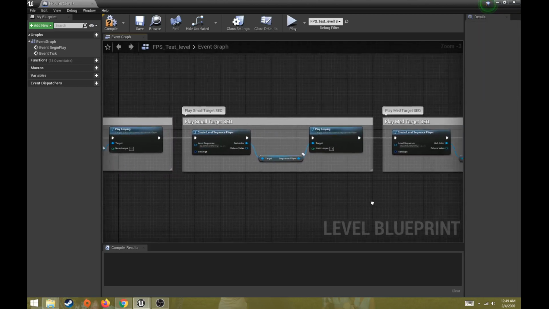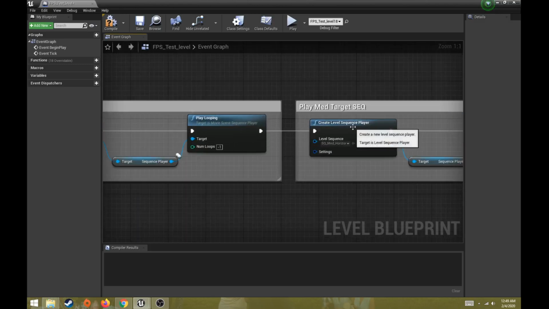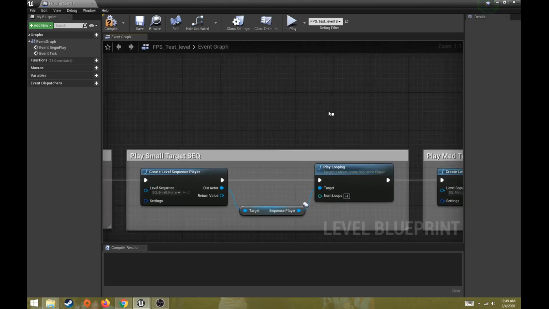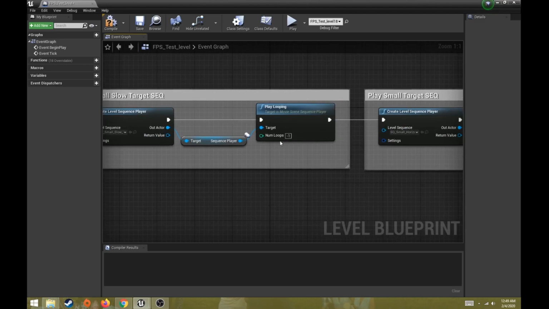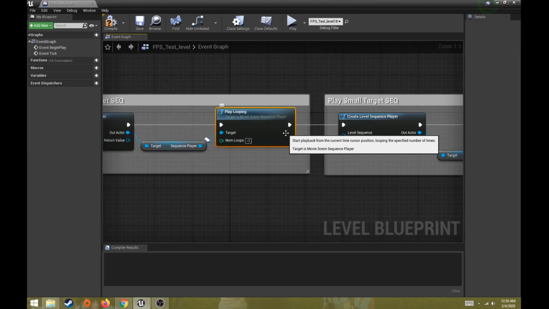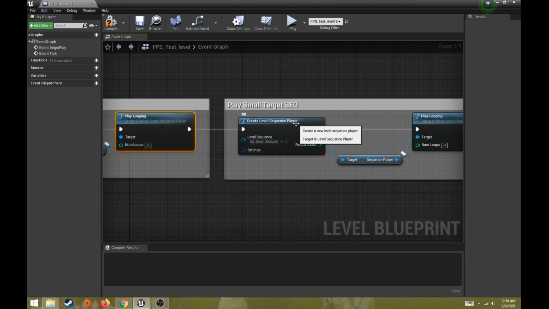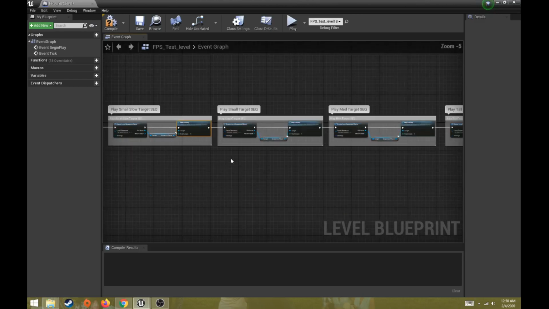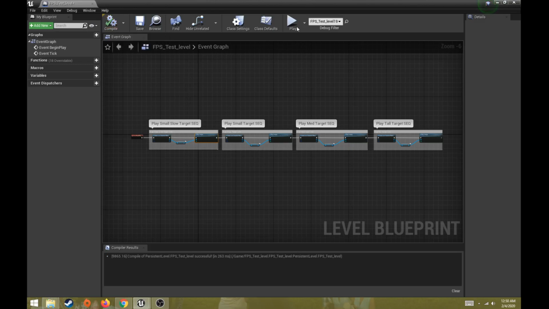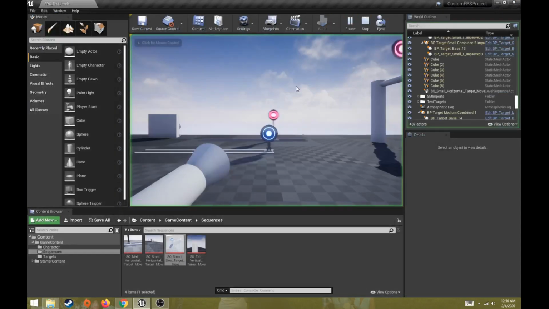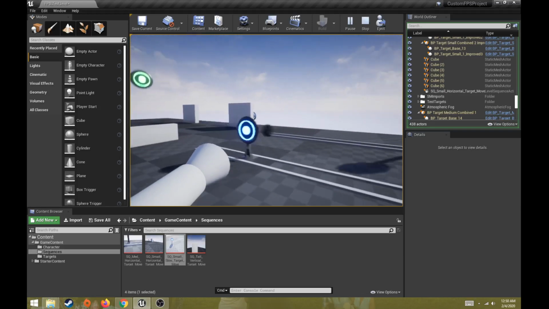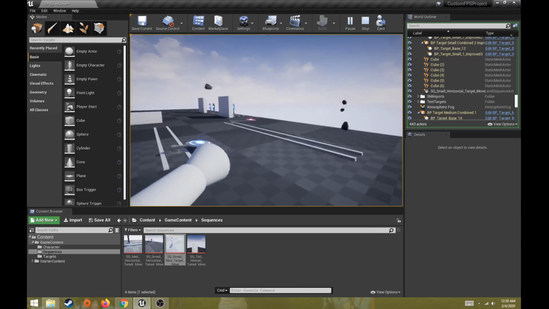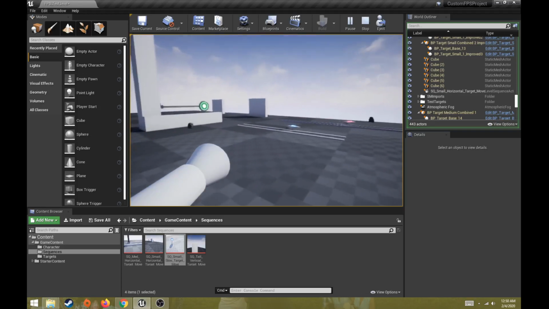So each one of these is going to be an out execute to the next create level sequence player. We can't have an event begin play leading to multiple things. So what we would do is at the ending of one play looping, we would sync that to the beginning of the next create level sequence. So it's a full chain system here, and we hit play or compile, close that, go back and hit play. That will recall all of my level sequences that are in my level that I have playing and looping how I want them to. They'll all still work on top of one another as well. So that's an easy way to set up